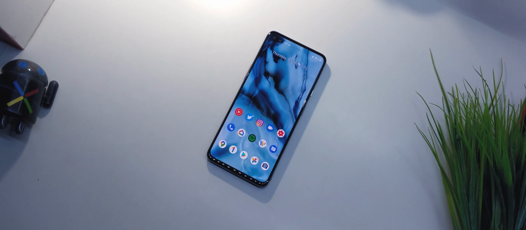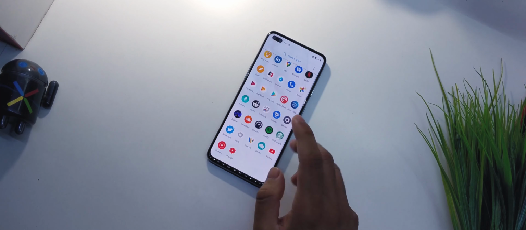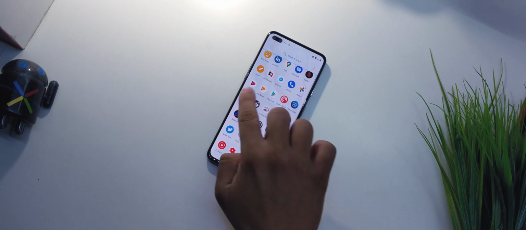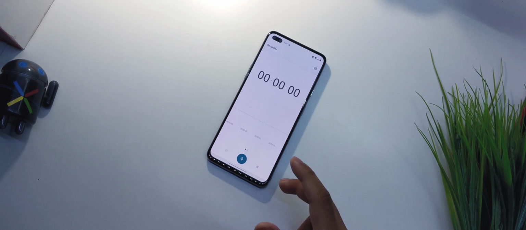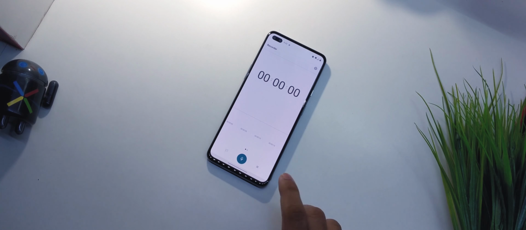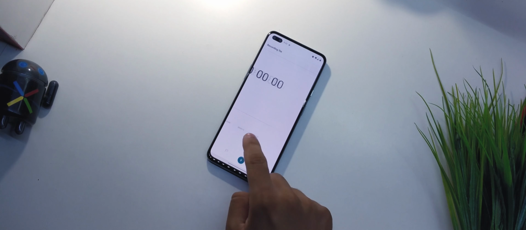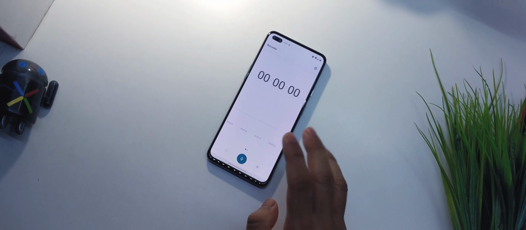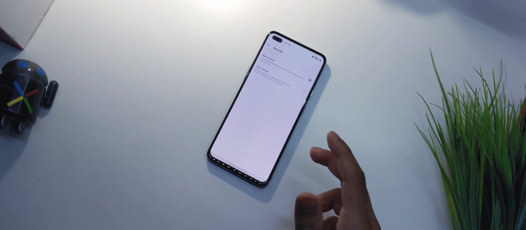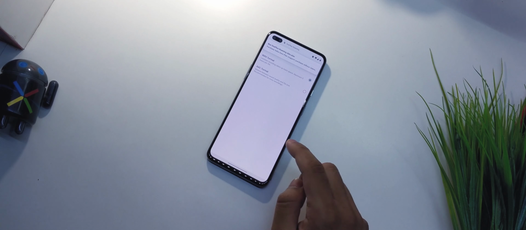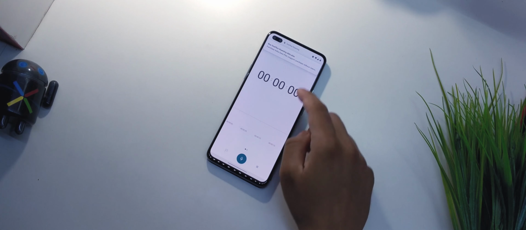So I have a couple of change logs with me, and what all is basically added. I'll post everything in the description box below. But first things first, I think there is an addition of a OnePlus recorder, a built-in voice recorder. I'm not sure if this was present in the previous update or not, but according to the changelog, we have it right in this particular update itself. That is actually pretty good, and you can record your audio if you want. And if you go into settings, we can change the format for the recording. So that is actually a pretty good thing.